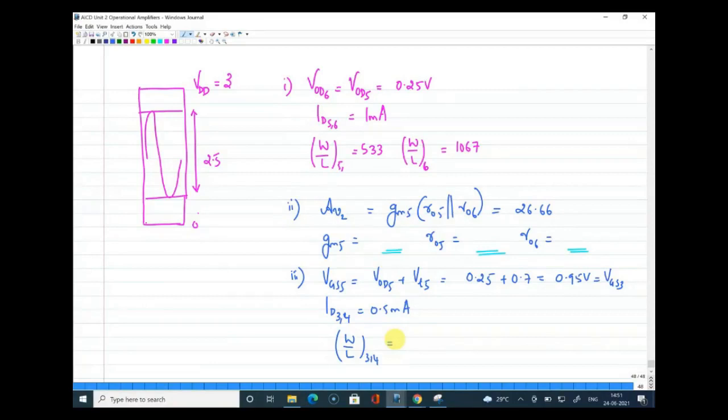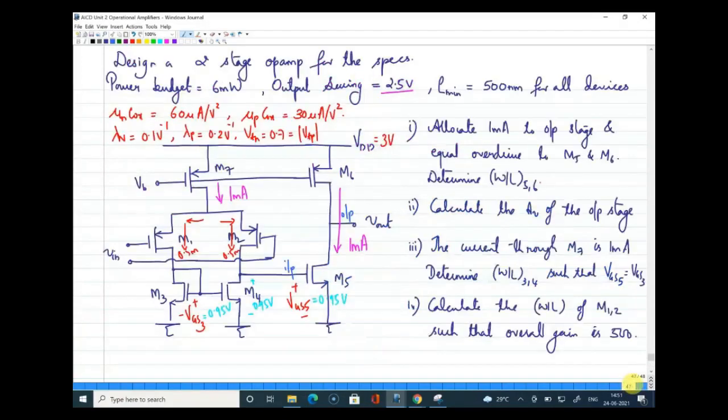So both transistors M3 as well as M4 have equal VGS and equal VDS. Yes, Amitesh, your question is about VGS of 5, right? The question says you have to determine the size of 3 and 4 transistors by keeping the gate to source voltage of both the transistors equal. Which transistors? 3 and 5. So VGS of 5 is the output transistor. The gate voltage of M5 should be same as gate voltage of M3.